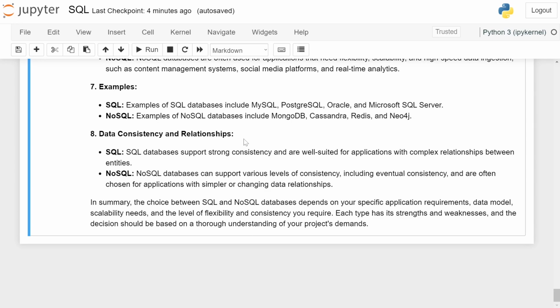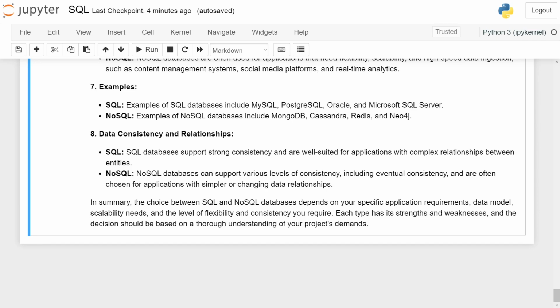Data consistency and relationships. SQL databases support strong consistency and are well suited for applications with complex relationships between entities. NoSQL databases can support various levels of consistency, including eventual consistency, and are often chosen for applications with simpler or changing data relationships. In summary, the choice between SQL and NoSQL databases depends on your specific application requirements, data